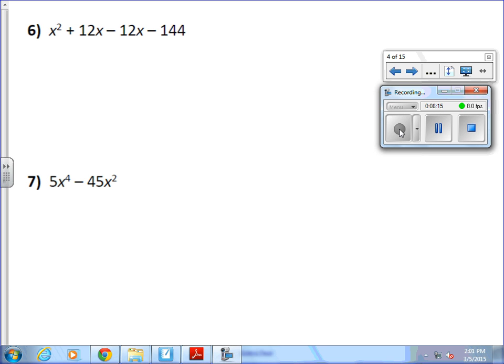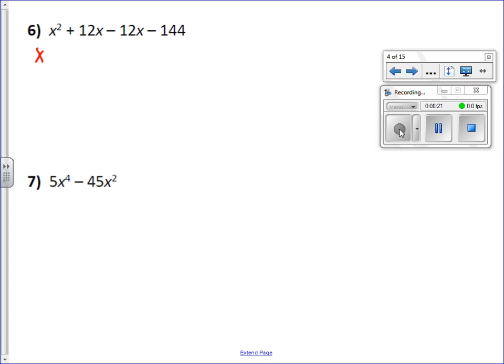I can factor them as they are and do factoring by grouping and take an x out of both terms, and then here take a 12 or a negative 12 out of both terms. But also, if I cancel out the negative 12x and the positive 12x, I end up with x squared minus 144,